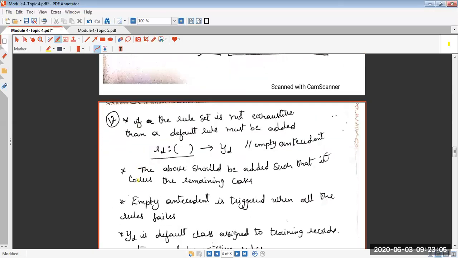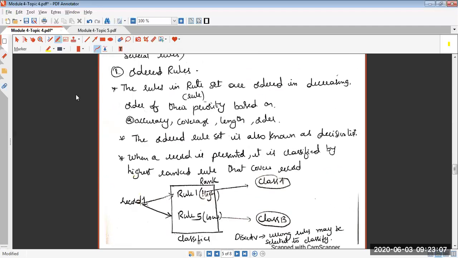What was the solution? That is what we explored in the previous class. The solution was either we will have a mechanism on the rule, or we will have a mechanism on the class. So what was the mechanism on the rule? That is what we saw in the form of an ordered rule. Here we rank the rules based on priority. You can see here 5 rules were there. Rule 1 has been declared as a high priority rule, and rule 5 has been declared as a low priority rule. Now the question is, based on what criteria was it done?